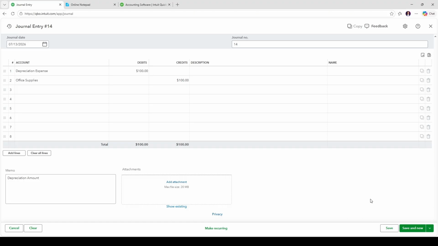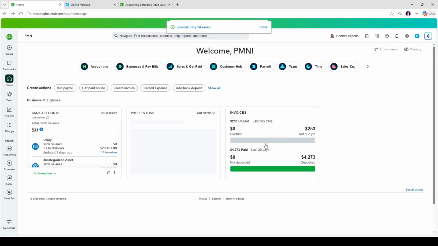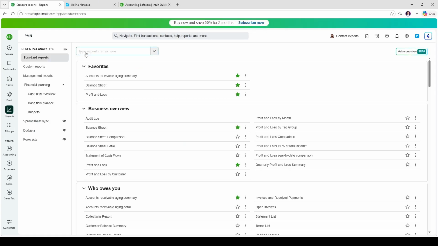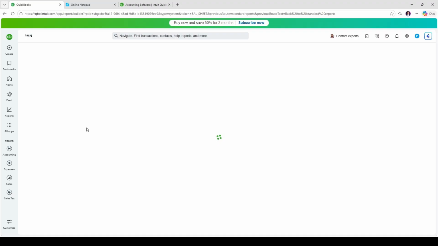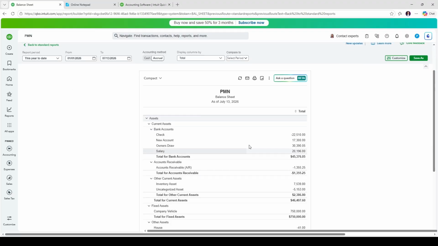Once you're confident everything is correct, go ahead and click Save and Close. And just like that, the journal entry is complete. To ensure everything posted correctly, open up your balance sheet report for the corresponding date range. You should see a line under Fixed Assets for accumulated depreciation, which reflects the new credit entry. This line confirms that the journal entry has landed in the right spot, reducing the net book value of the